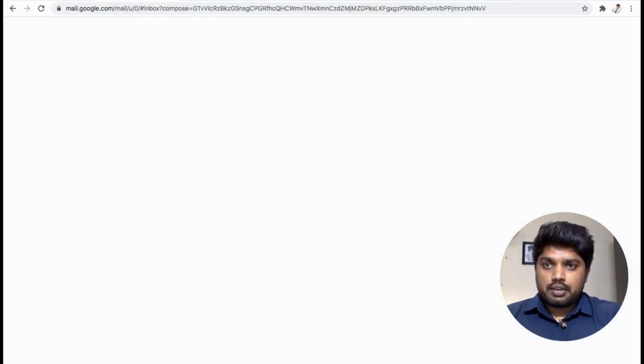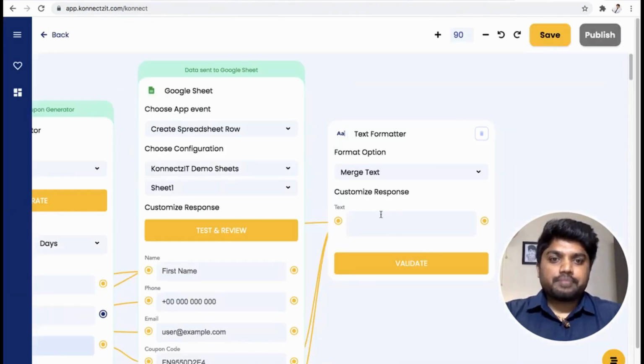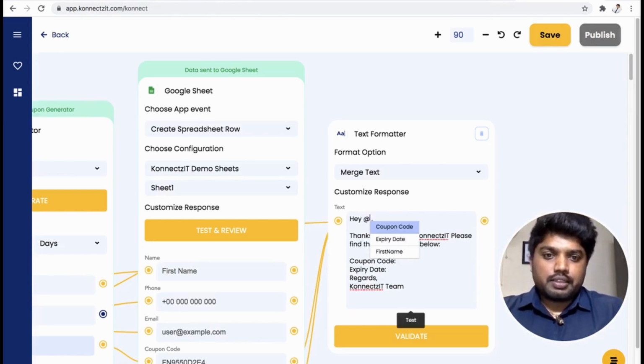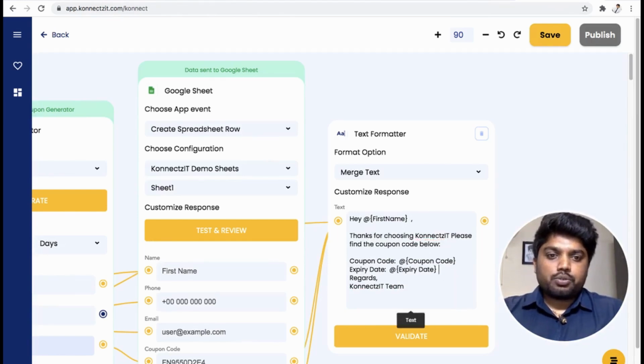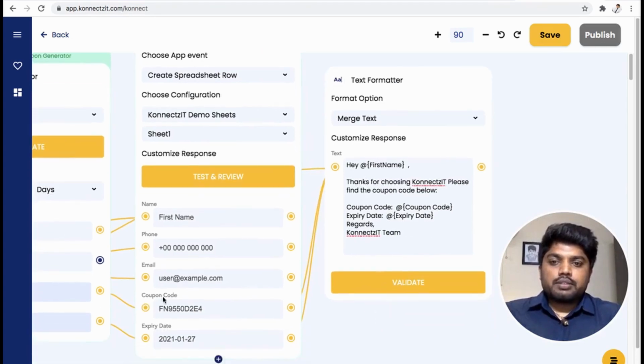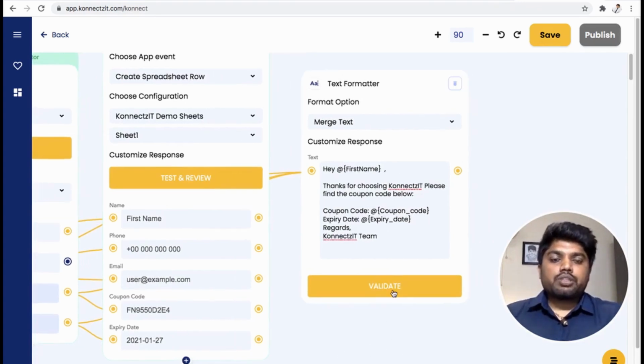I already have the content ready just to save time. I'm going to use this data: the first name, the coupon code and the expiry date. I connected all these details from my Google Sheet. Now I will click on validate, which validates the data from Text Formatter.